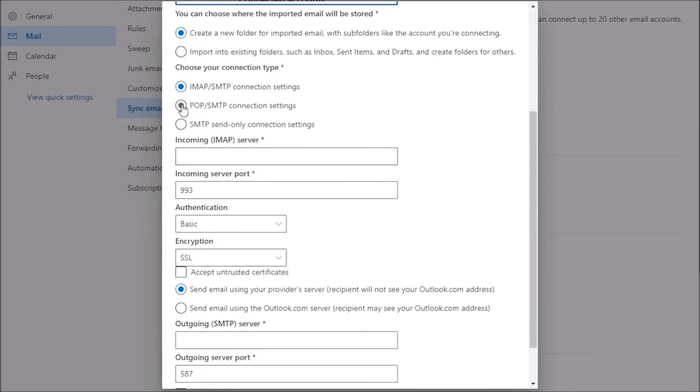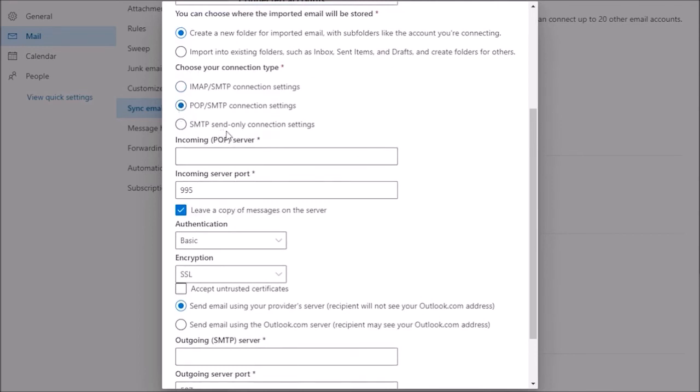Now come down and click POP SMTP connection settings, because that's what we're going to use. Technically, you could use this first one, so this is just a preference here. And what I'm going to do is type in the server, which is going to be mail dot whatever your domain name is. The incoming server port is 995 for the secure settings that we saw in that blue box from that welcome